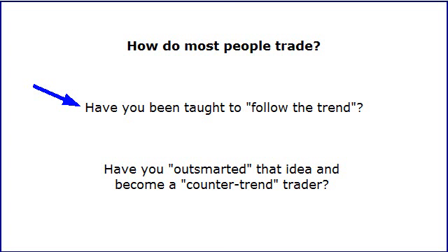And so some people then outsmart that idea, and they find a stat somewhere that says, well, the market's only in the vertical or trending condition 25-30% of the time. The majority of the time, the market's consolidating. So they say, okay, I'm going to outsmart that, become a counter trend trader. Again, counter trend trading works great when the market's in a consolidation or horizontal phase, but when the market does go into that vertical phase, you end up getting your head chopped off.